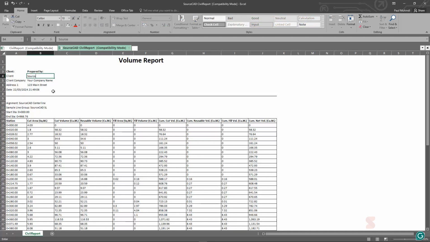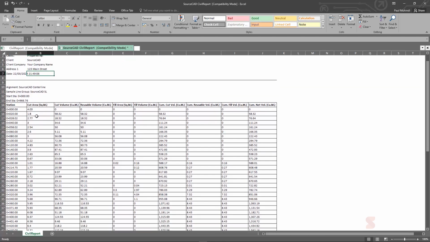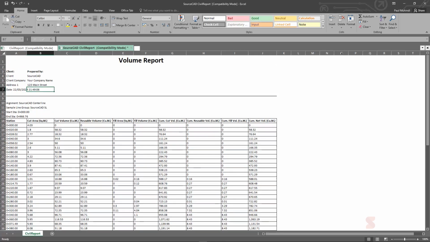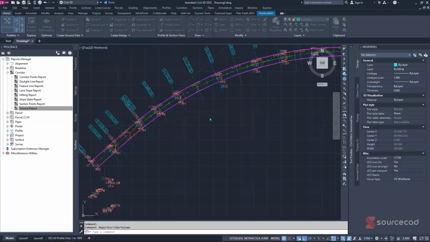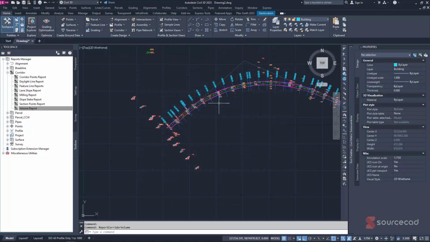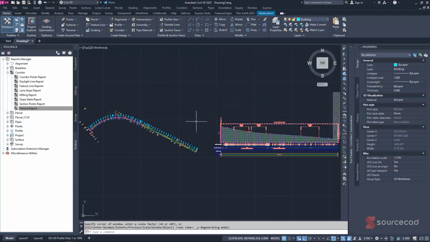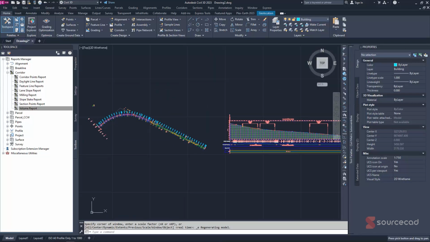Let's say for this case, the client might be SourceCard, and the client company name might be something else, and the address might be something else. So from here is where we define all these parameters that we want. So after you're content with that, you're gonna simply just click on done, and we will be done with our